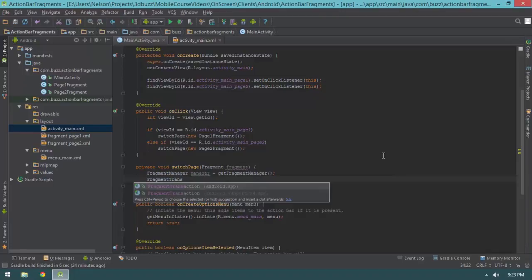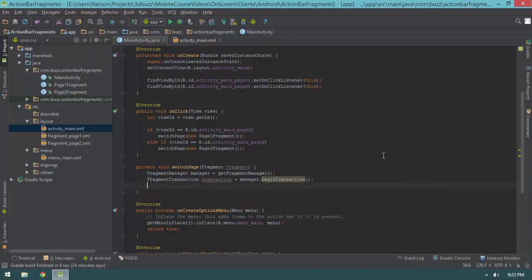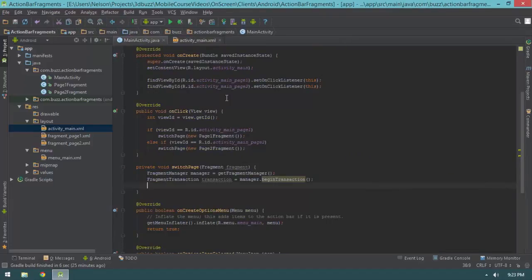Now again, which fragment transaction do you think we need? In this case, it's android.app. So I'm going to say transaction equals manager.beginTransaction. Now that we have a transaction, we have to perform operations on the transaction to describe to Android what we want to do with our fragments. Now, what do we want to do with our fragments? Well, essentially, we want to replace the contents of this fragment container with the contents of whatever fragment we switch to. So to do that, we come back here, and I simply do